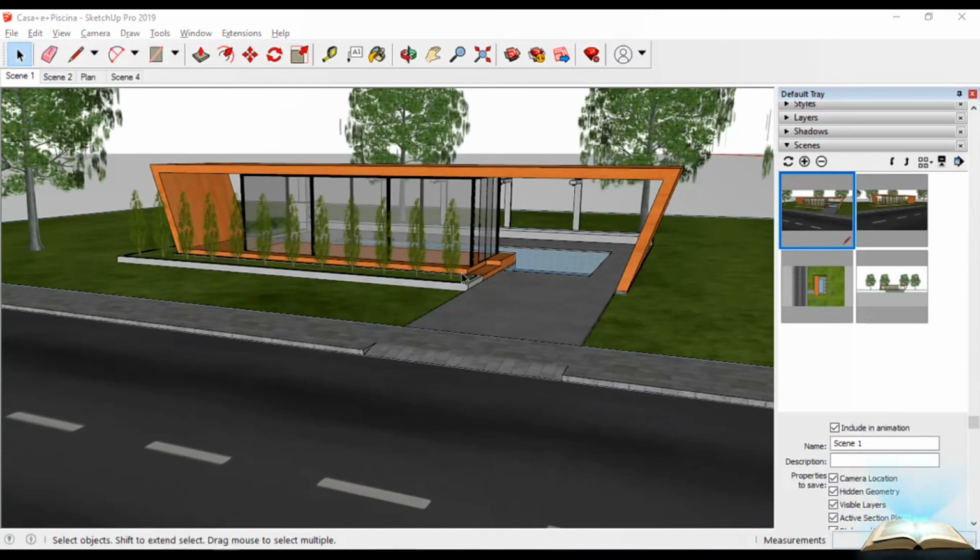So try it by yourself. You will find it really user friendly, and it will help you to 3D model as well as to have a perspective and a view of a particular camera angle whenever you need.